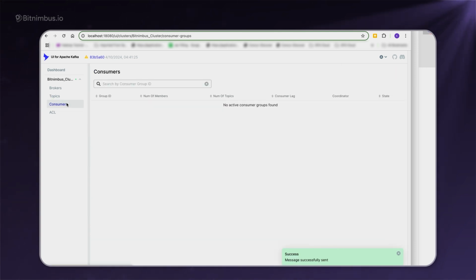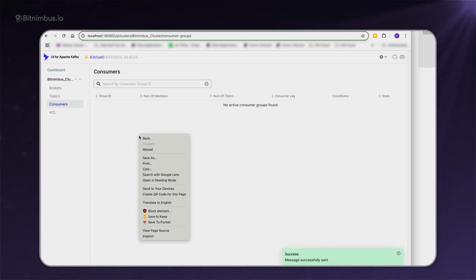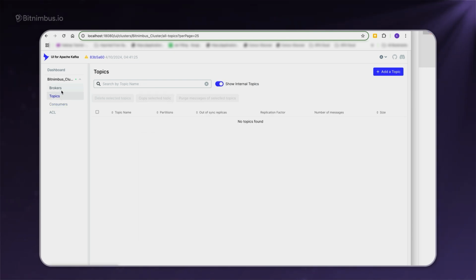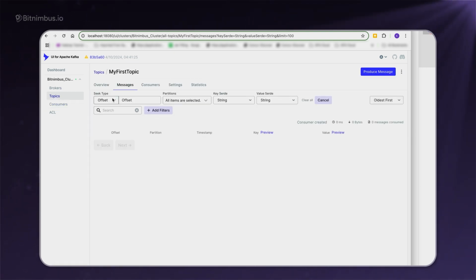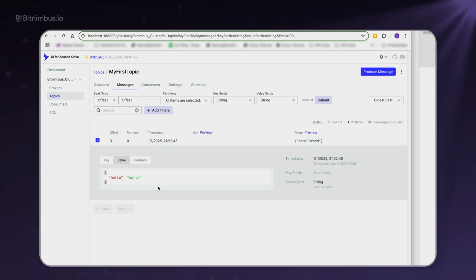Now I'm going to go to the consumers. There are no consumers. So let's take a look. I do see the message that is sitting in the Kafka. Okay, so here is the example. So far we have